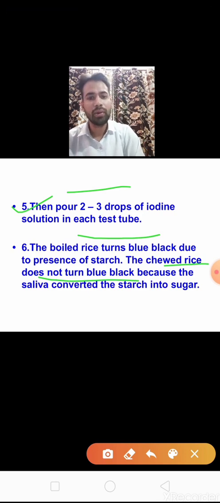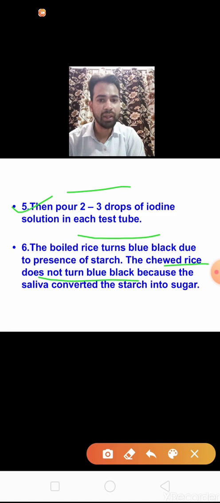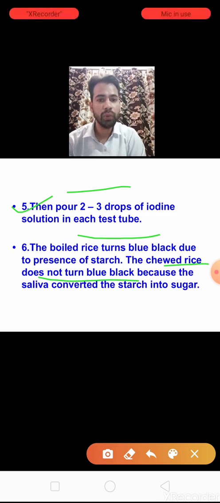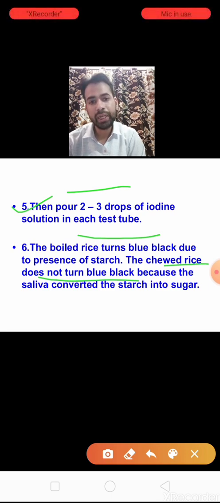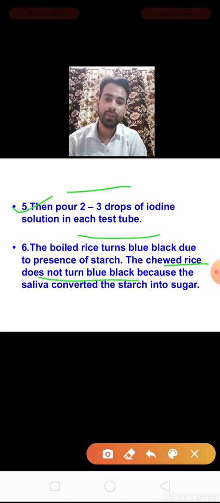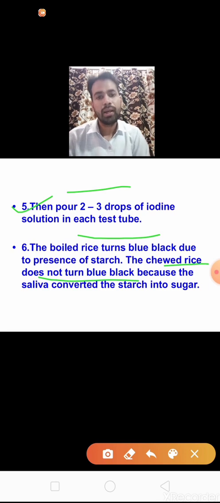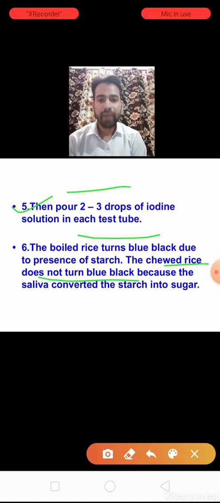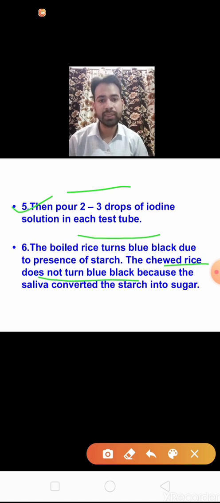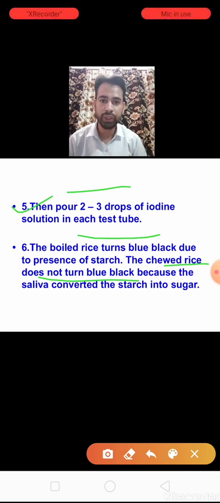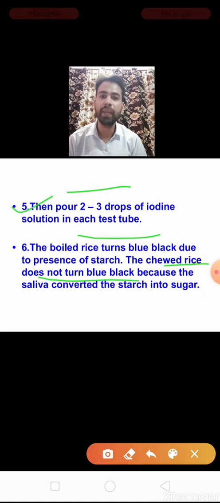Why does the boiled rice without chewing turn blue black, and why does the chewed rice not turn blue black? Children, in rice starch is there. When starch comes in contact with iodine solution, it gives a blue black color.